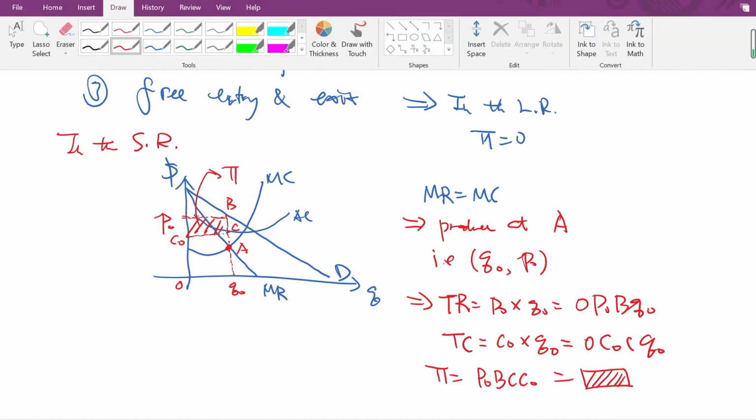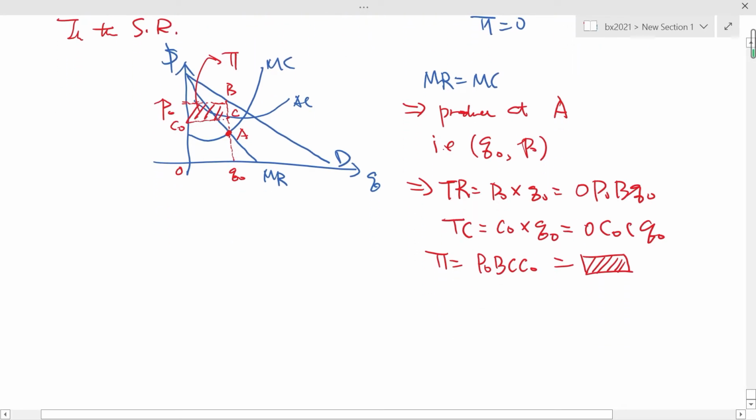In the long run, for this diagram, for what I'm drawing here, I'm making positive economic profit. So in the long run, more firms, other businesses, they observe that I'm making positive economic profit. They will enter the market. They think that, well, this market is good. There's opportunity there. So in the long run, more firms will enter the market